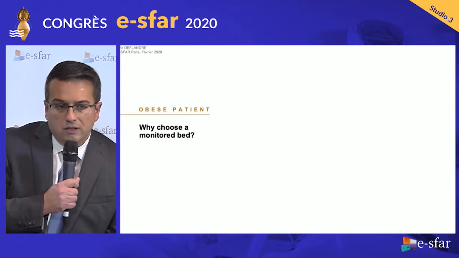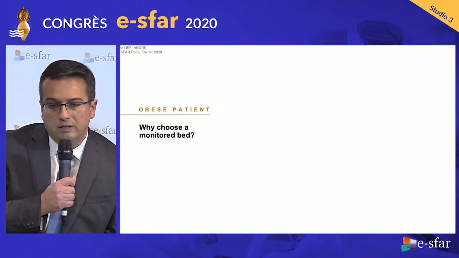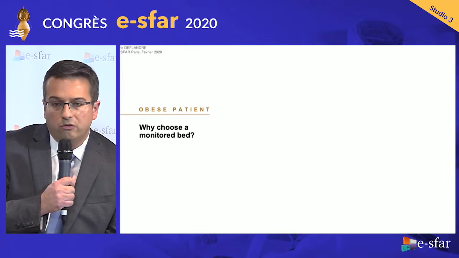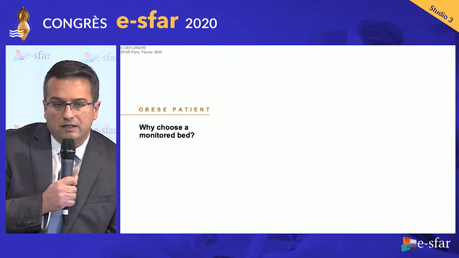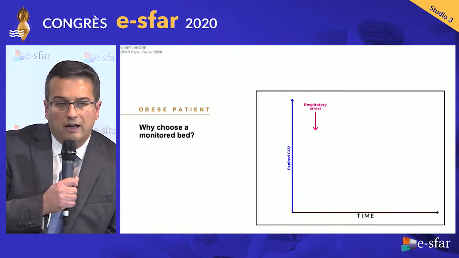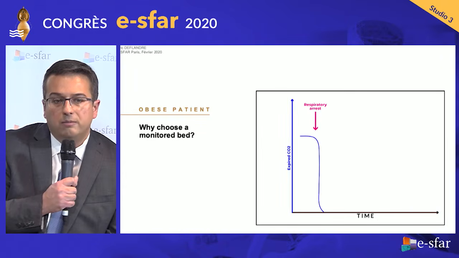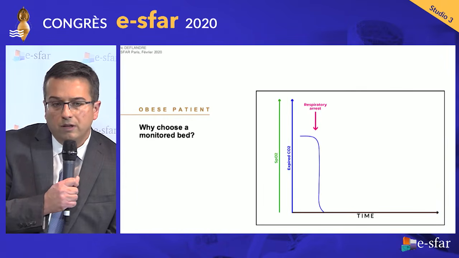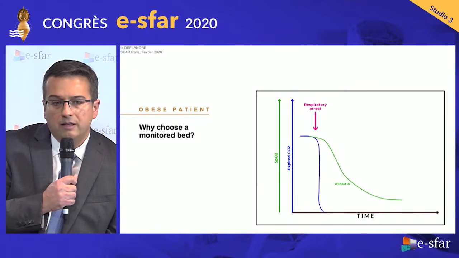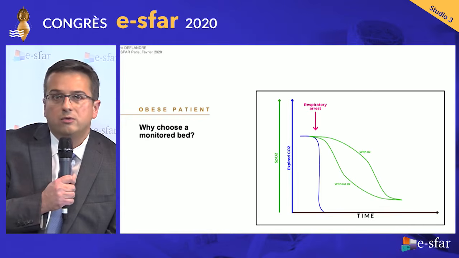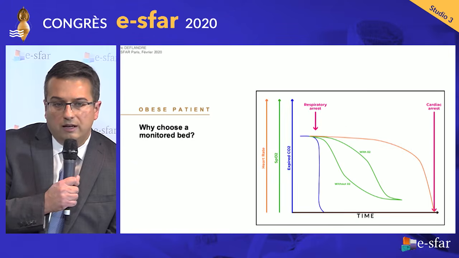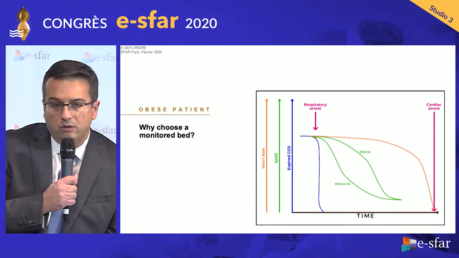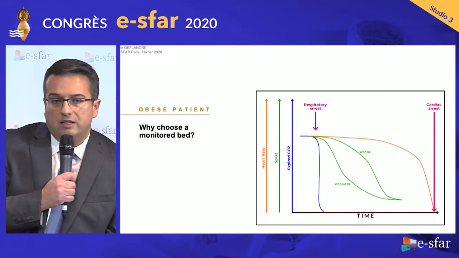For the obese patient, the main benefit of a monitoring is the prevention of a fatal complication following another complication which is not fatal. I will take the example of the cardiac arrest following an apnea. When the apnea occurs, the expired CO2 will drop immediately. The SpO2 will drop more or less rapidly depending on whether the patient is receiving or not oxygen. And finally, the heart rate will decrease lately. And if breathing doesn't resume, the situation may progress to the cardiac arrest.